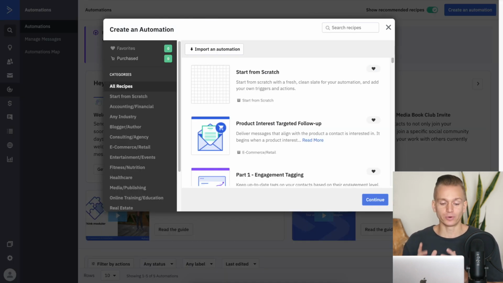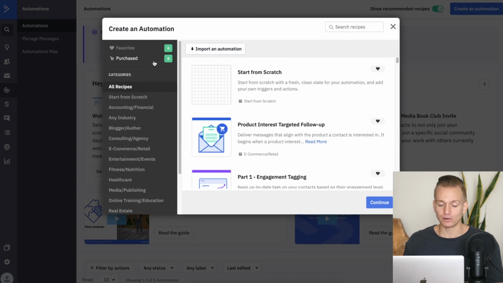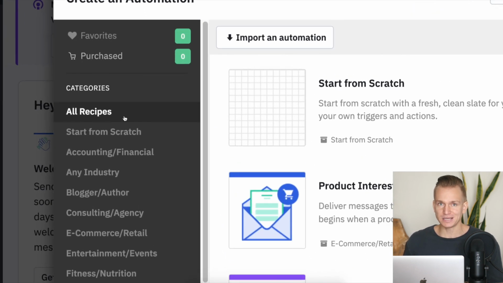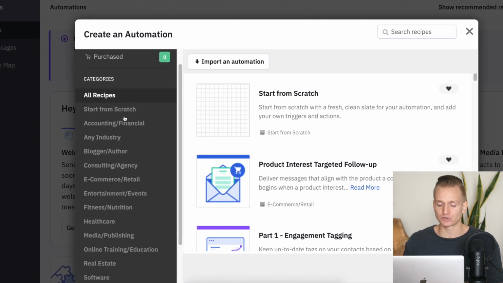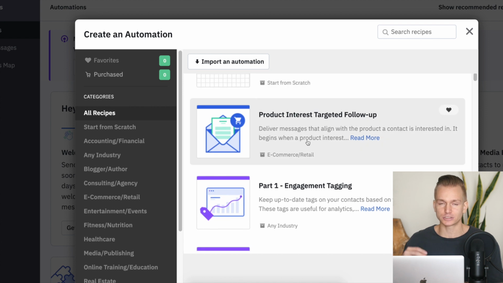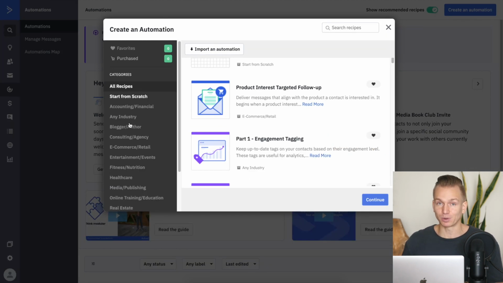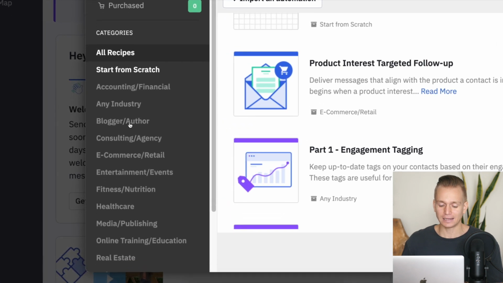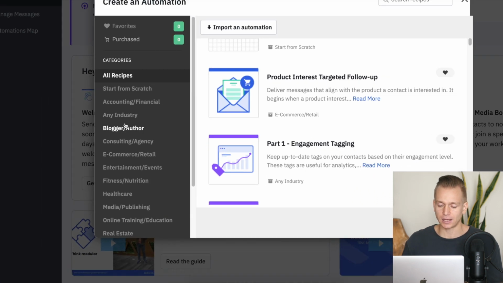Aside from that, the really cool thing with ActiveCampaign and where I would say their strengths really lie is that they have a lot of these so-called recipes. And a recipe basically just means a sort of pre-made automation sequence. So basically you have these pre-made automations that you can just click a button and add, and then you can play around with them. So you don't need to actually build everything yourself. And as you can see, they actually have 500 plus different recipes. And as you can see, they have all these different categories and all of that.